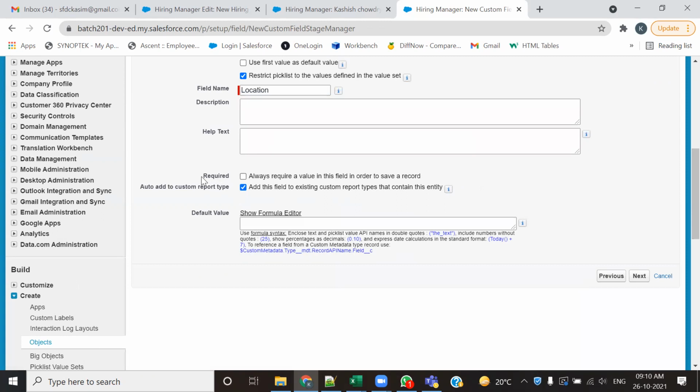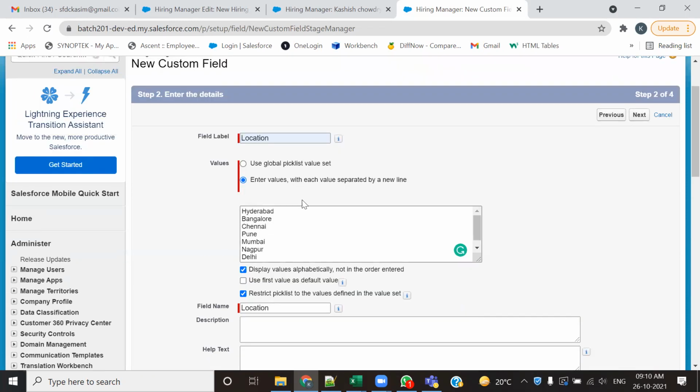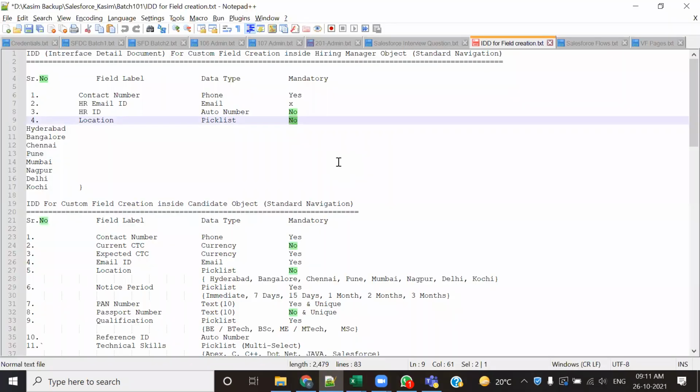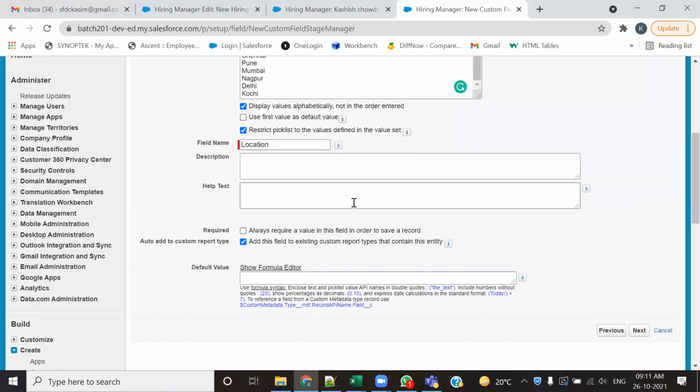यानी do you want to make it required. अब देखो एक इंपॉर्टेंट चीज मैं आइडेंटिफाई करने बोल रहा हूँ आप सभी को यहाँ पर। What we are creating, पिक लिस्ट। पिक लिस्ट डेटा टाइप पर पिक लिस्ट को रिक्वायर्ड करने का ऑप्शन यहाँ पर है, ठीक है। Data type is pick list and you have an option to make it required. अच्छा अलग बात है कि पिक लिस्ट यहाँ पे रिक्वायर्ड नहीं है ना, वो अलग चीज है। But when we create this field from the standard navigation पे पिक लिस्ट को रिक्वायर्ड करने का ऑप्शन है।